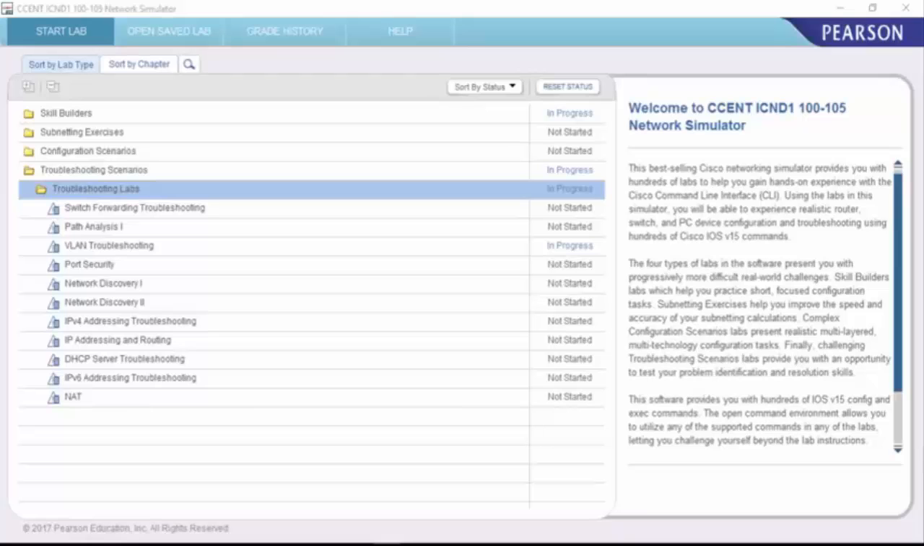This video will take a walkthrough of a troubleshooting scenario lab in the simulator. Troubleshooting scenario labs add an additional level of complexity, requiring that you use your knowledge that you have gained from the Skill Builder, Subnet Exercise, and Configuration scenario labs to troubleshoot a number of problems that have been initially built into the lab. You have the option of following the steps or not, depending on if you want to perform